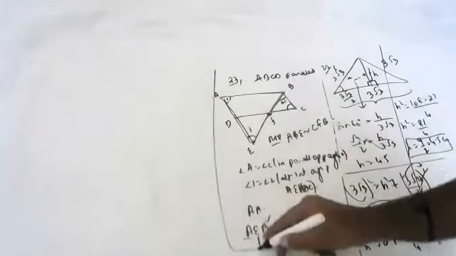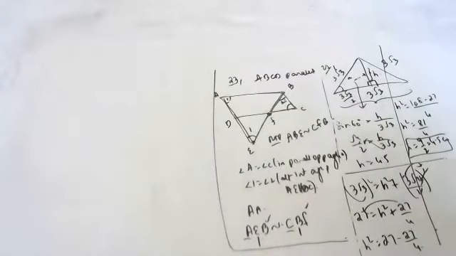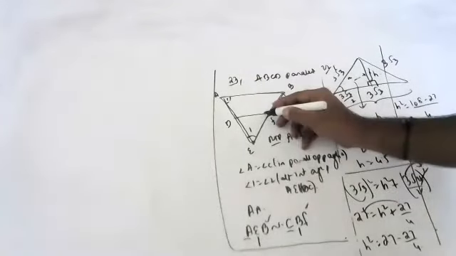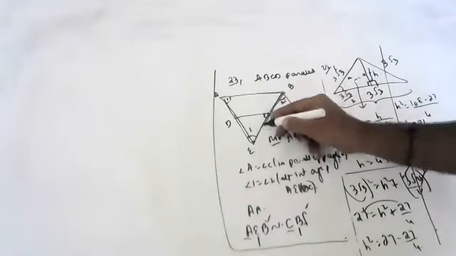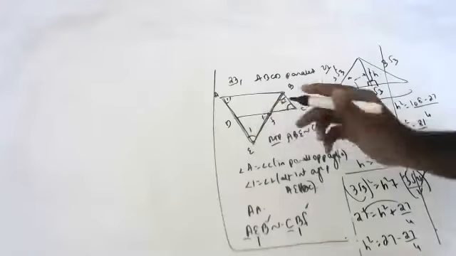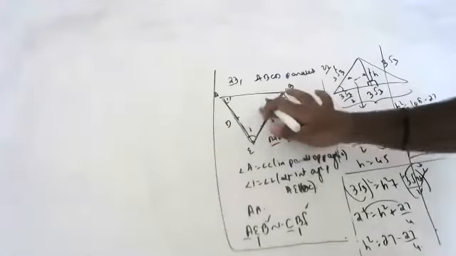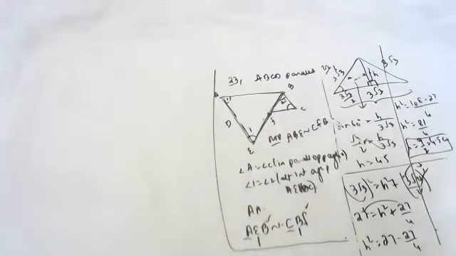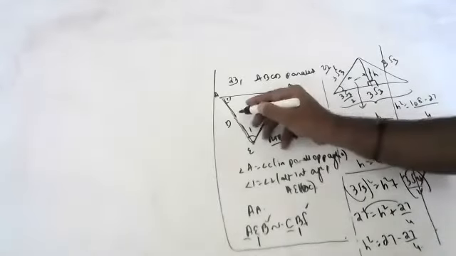That's all. So can we take vertically opposite also? Sir, but no, you can't take it, because this is part of the triangle. We want the full triangle. If you take this, it will become part of the triangle. How can you take part of the triangle and see? Tell me. Okay. You can't take part of the triangle.